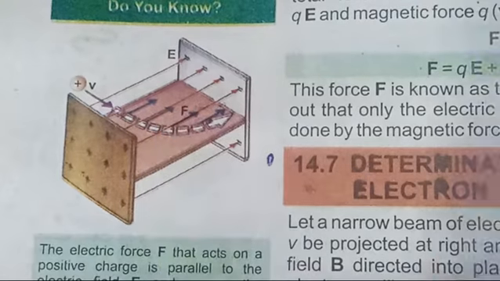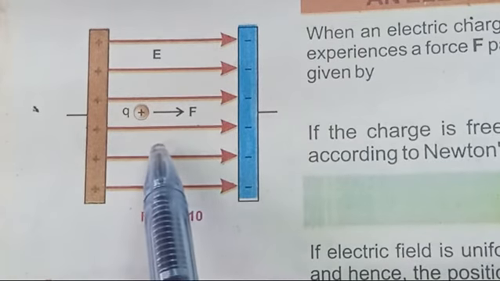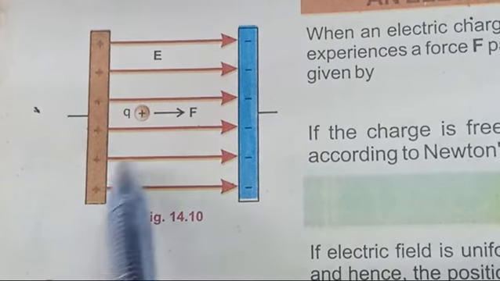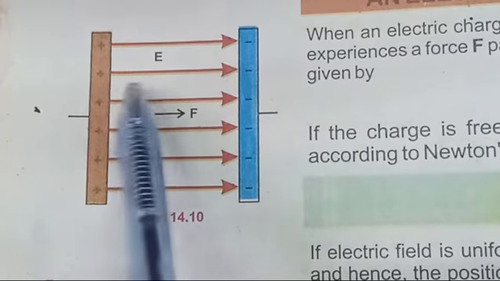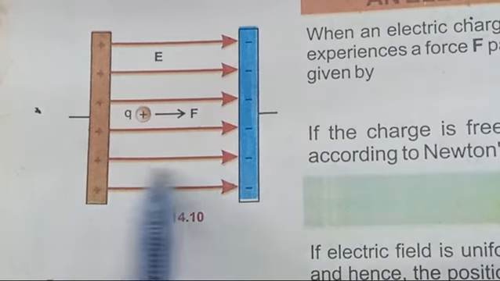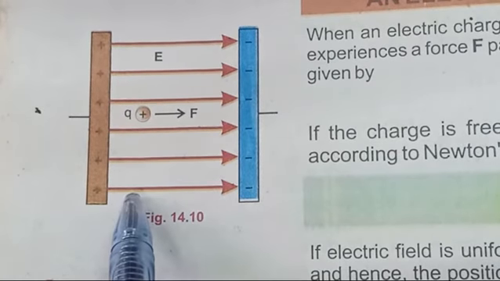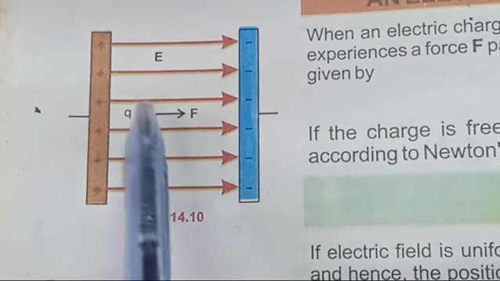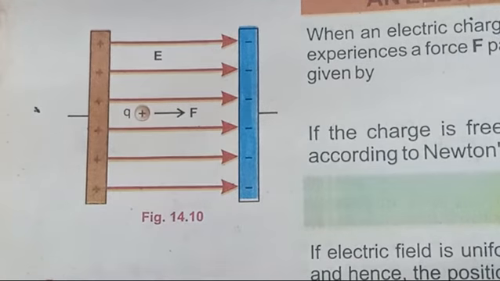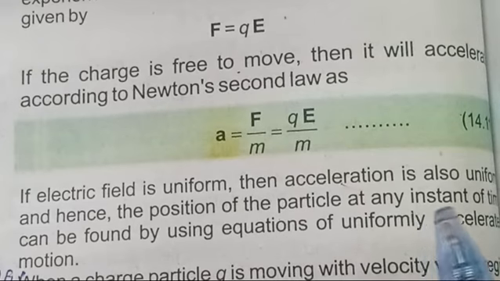Then you will draw this figure and draw a region where there is only electric force. A charged particle experiences electric force. Then you draw this one, as there is only electric field, and this is a charged particle. E represents electric field, while the red lines here show electric field lines. If they are uniform, then the charged particle's acceleration is also uniform. So this is our short topic, but it is very important according to MCQs and short questions.